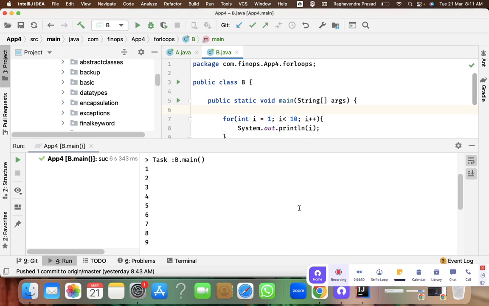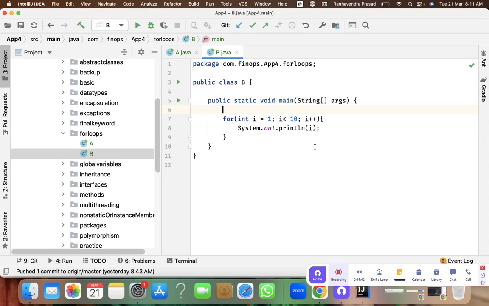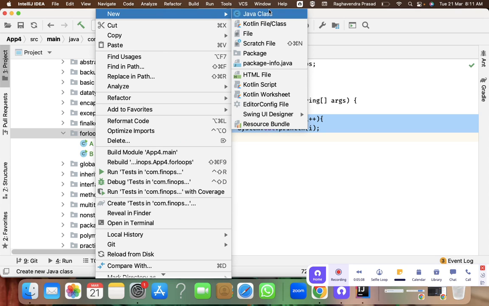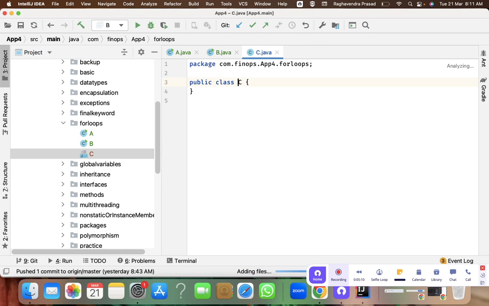See, 1 to 9 with 1 increment. First value will be 1 and then it will become 2 and then 3, like that. So this is called the for loop. But we rarely use this for loop. There is something called enhanced for loop. Okay, enhanced for loop. So we write it slightly different. So here I'll show you another program with the for loop itself. Let's see. Before we go to enhanced for loop,